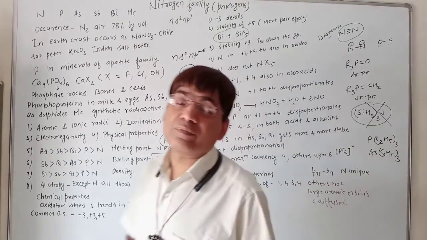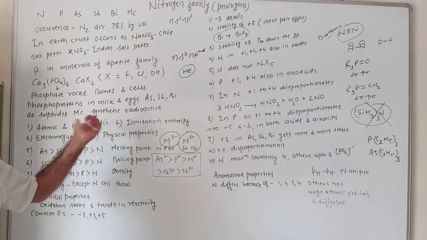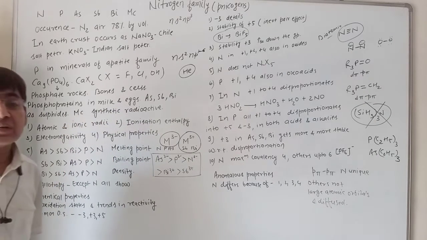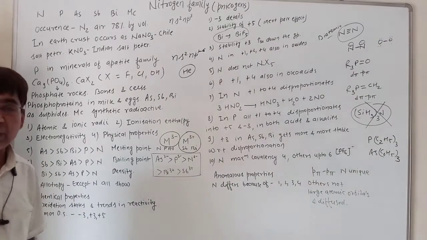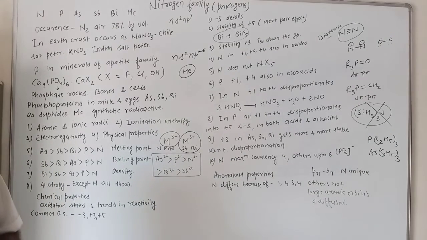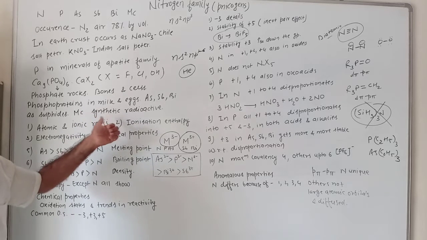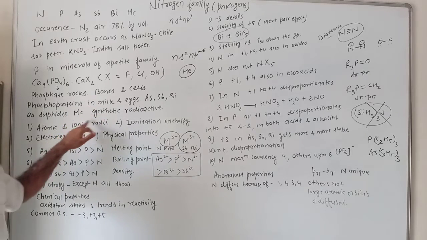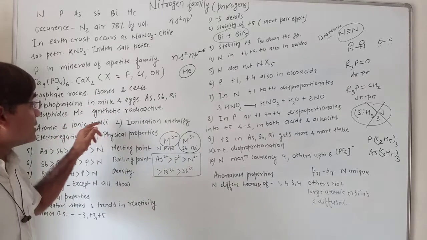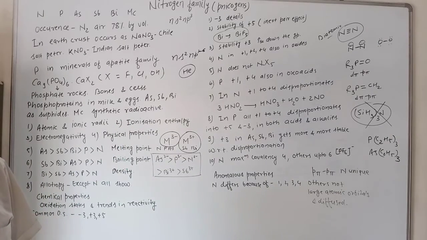Now next one is moscovium. It is a radioactive element and it is synthetic. All the elements after 92, uranium, are man-made elements. This we have studied earlier in the periodic properties. So moscovium is the last member, about which no further detailing will be done in the whole chapter. Only one thing you have to keep in mind: it is a synthetic element and it is radioactive in nature.